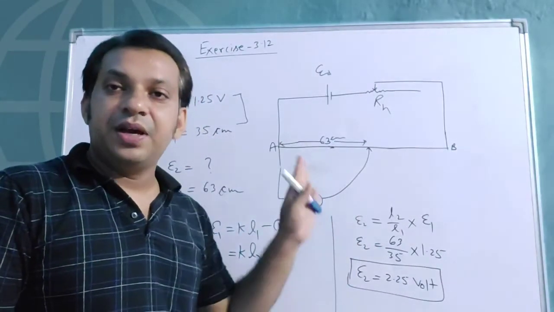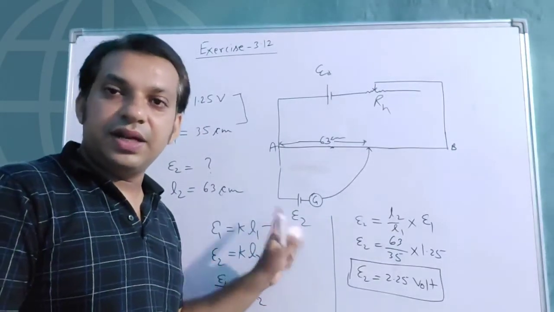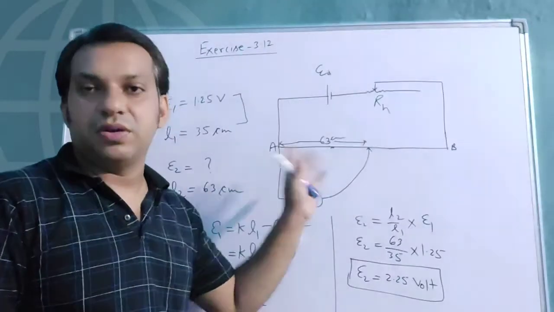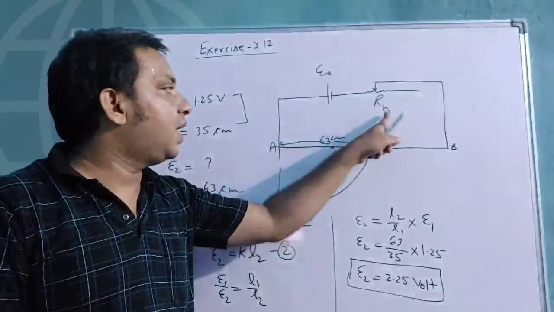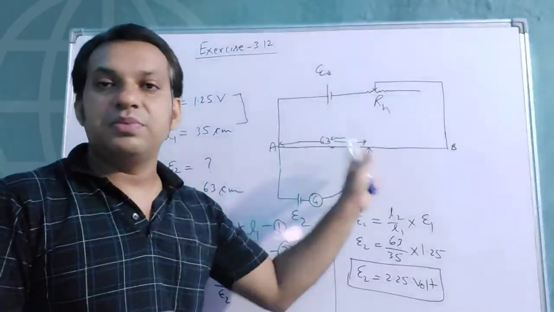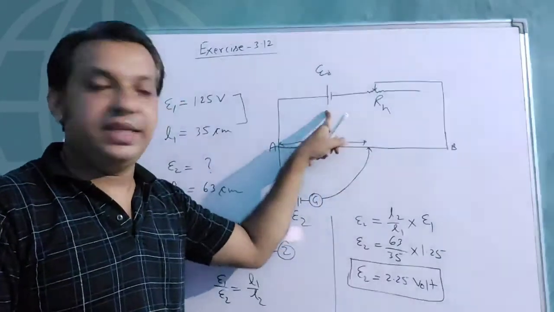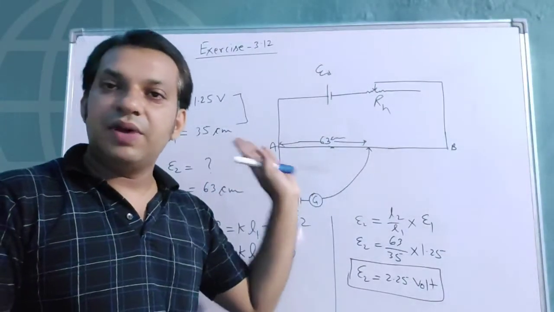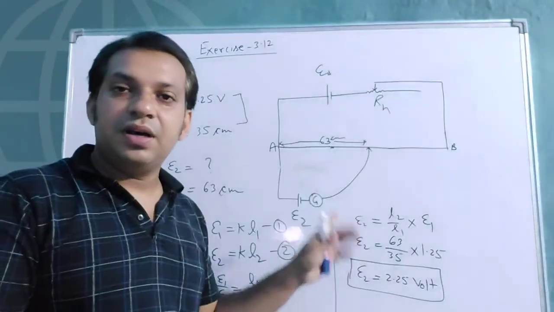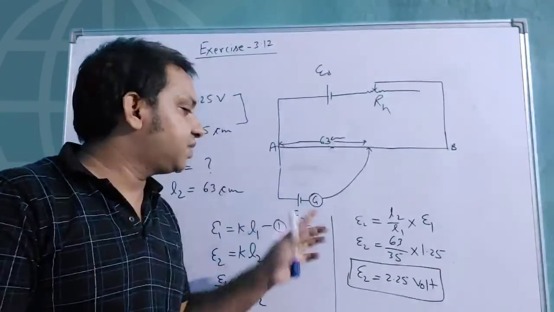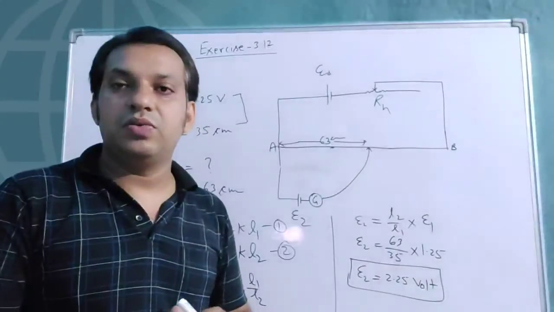So the only concept in this question is that when you are changing the cell E1 and E2, the value of K is constant. The value of K depends only upon the driven cell, the RH setting and the resistance of this AB wire. So unless you are changing either the RH or this ED or this AB wire, the value of K is constant. So in this question, K is constant, and for the different setting you are getting this E2, 2.25 volt.